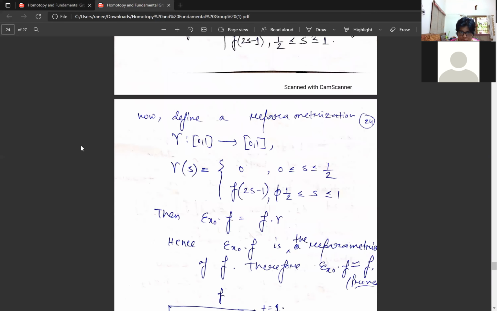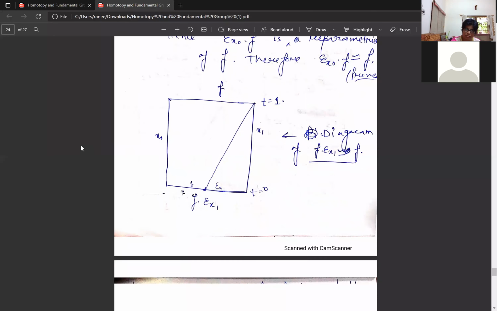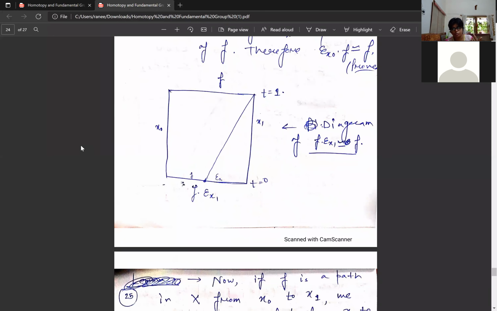Yeah, this is the diagram I have drawn for f product with epsilon x1 being homotopic to f. I am just reminding you, this is what is going on at the level of 0,1 cross 0,1. Don't get confused. No one can draw the picture for whatever is going on after composing with f or g, because we go to some other arbitrary space X. We can't draw it. So we are drawing whatever is going on under the level of reparametrization, and then composing with f to go there.